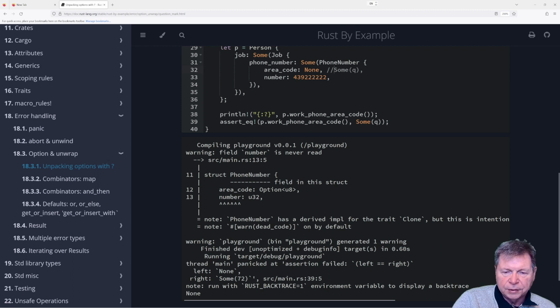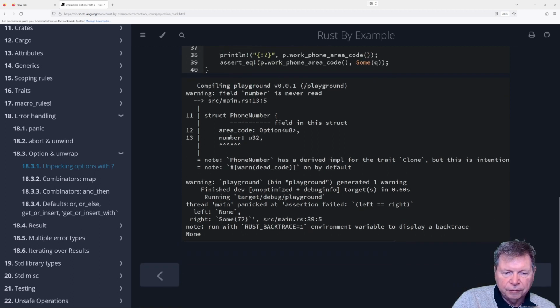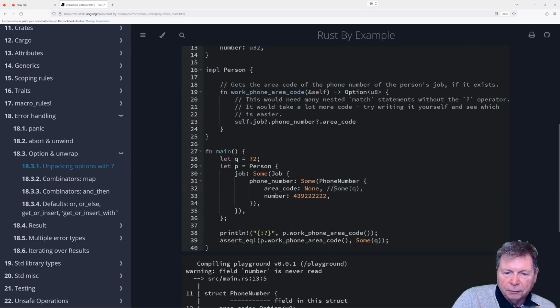All right, and so this is the warning about number not being used. Fine, whatever. So left is None, right is Some 72, so it failed. But where do we print? None, here, right. So at the very end, we have our print. Okay, which is kind of what we wanted.